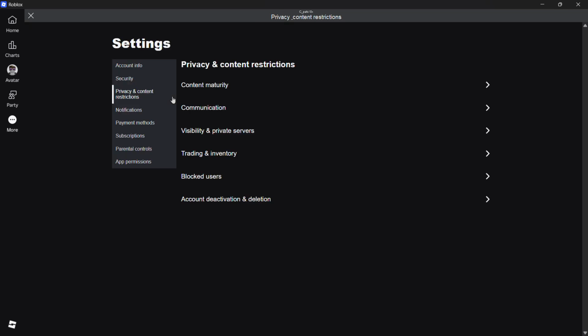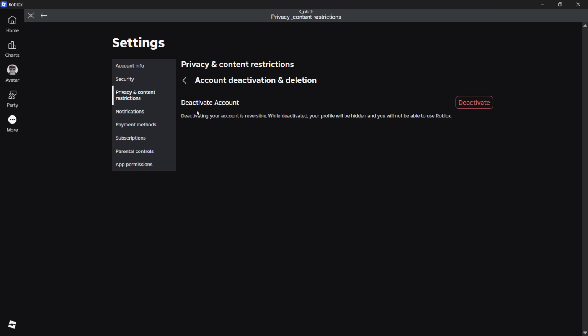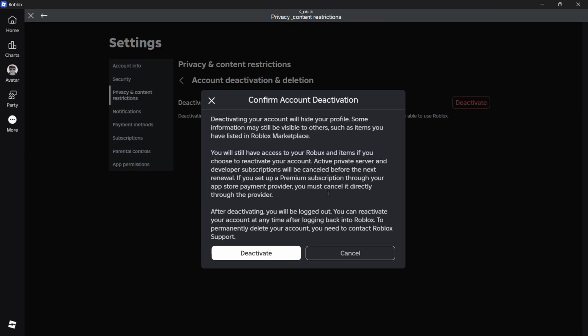Once you click onto this option, you will see these options, and at the very last, you can find the account deletion or deactivation. So click onto this, and from here you see deactivate account. Deactivating your account is reversible, while deactivated, your profile will be hidden and you will not be able to use Roblox. To proceed, click onto this deactivate option, and then you will need to confirm your account deactivation and click